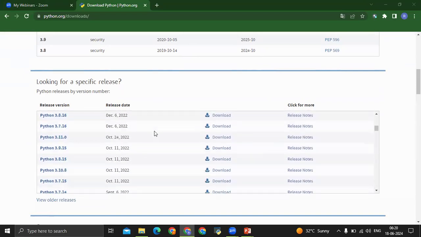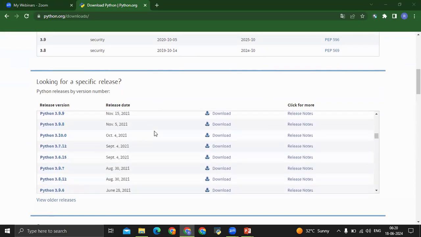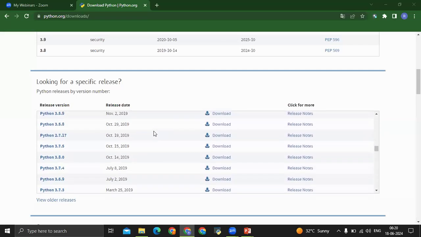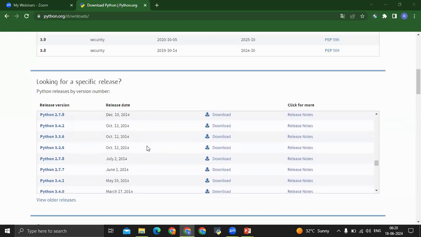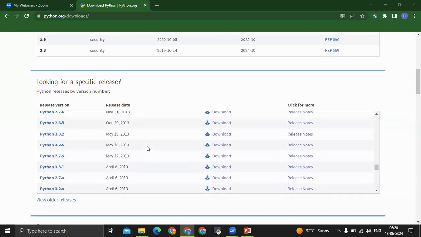So we can see here all the releases in all the versions. Let's proceed further.